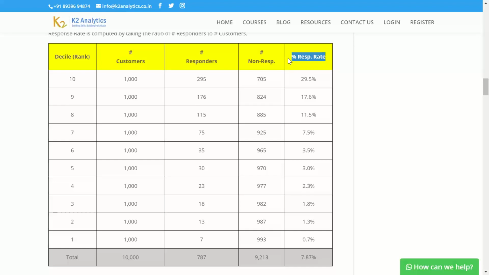No, we are in the realm of probability. What it means is, where the model is assigning high probability, I should get high response rate. Where the model is giving low probability, I should get low response rate. Where the model is giving moderate probability, I should get moderate response rate. This is what I can observe when I have created these deciles and rank orders: the model is rank ordering. It is one of the most important characteristics.